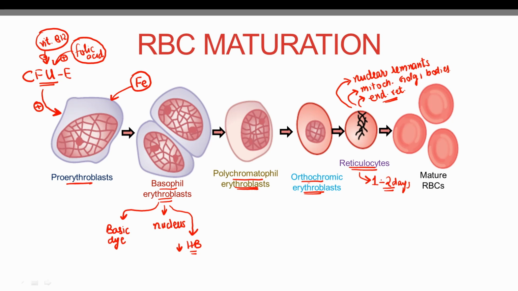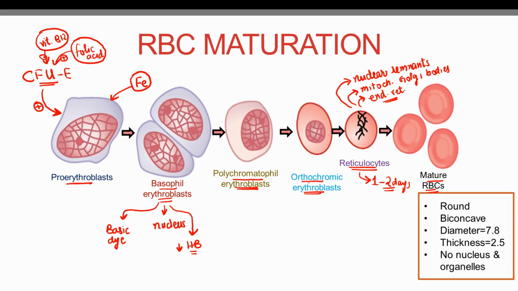Hemoglobin synthesis continues during the reticulocyte stage, and all the cellular organelles are completely absorbed, forming the mature red blood cells, which are round, biconcave, and completely filled with hemoglobin. The mature red blood cells are round, they are biconcave, and the average diameter of a normal red blood cell is 7.8 micrometers, and the average thickness is 2.5 micrometers. The mature red blood cells do not contain a nucleus or any other organelle, and they are completely packed with